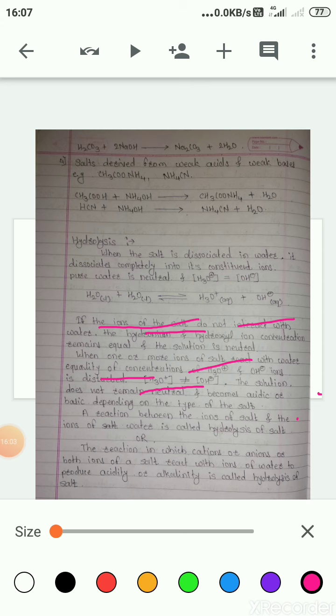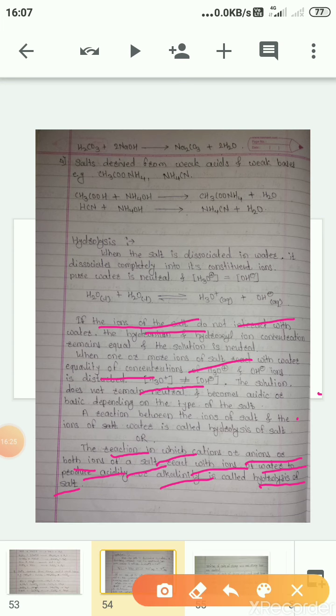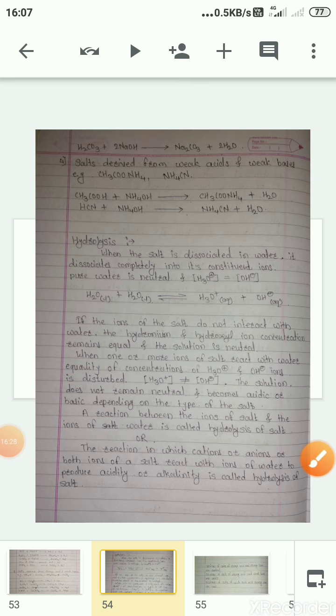Therefore we can define the hydrolysis of salt in this way: the reaction in which cations and anions, or both ions, of a salt react with ions of water to produce acidity or alkalinity is called hydrolysis of salt. Now we are going to see this